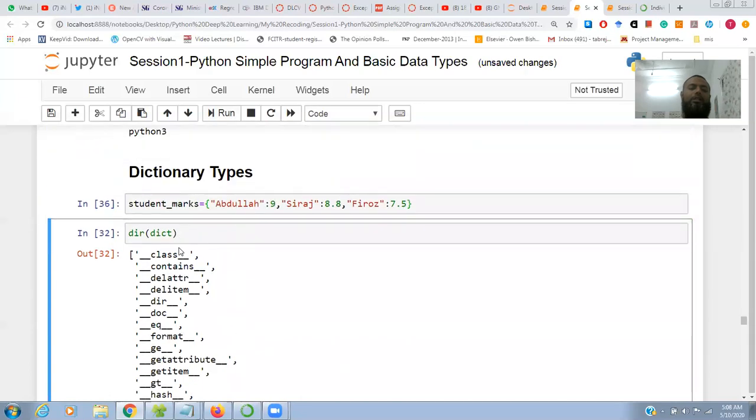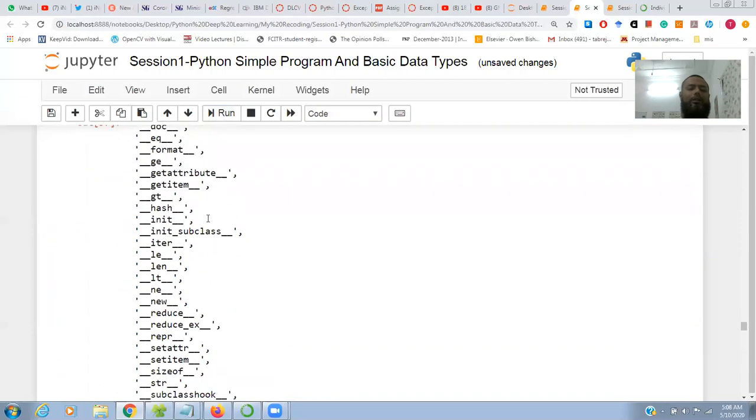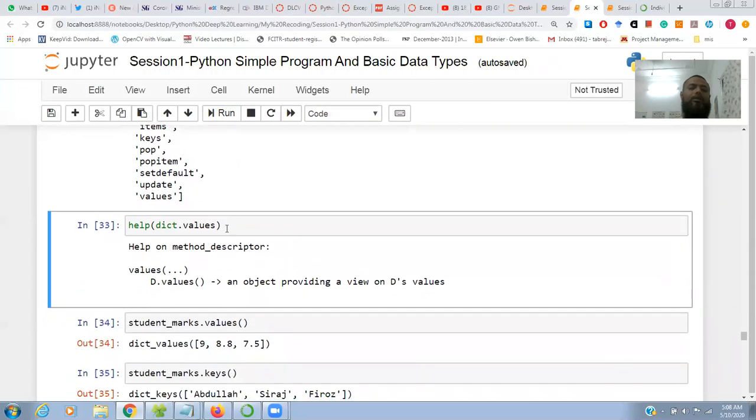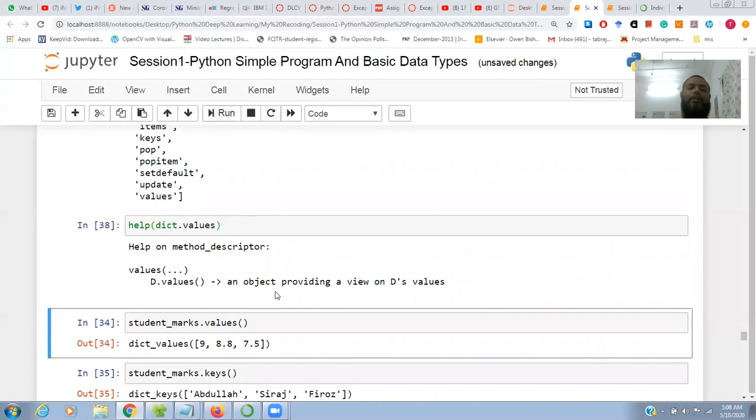If you want to see what inbuilt methods are there, you can just write dir of a dictionary. You can find different types of methods, like clear, copy, get, items, keys, pop item, all these things. If you want to see help on dictionary values, it will return a view of the dictionary values.